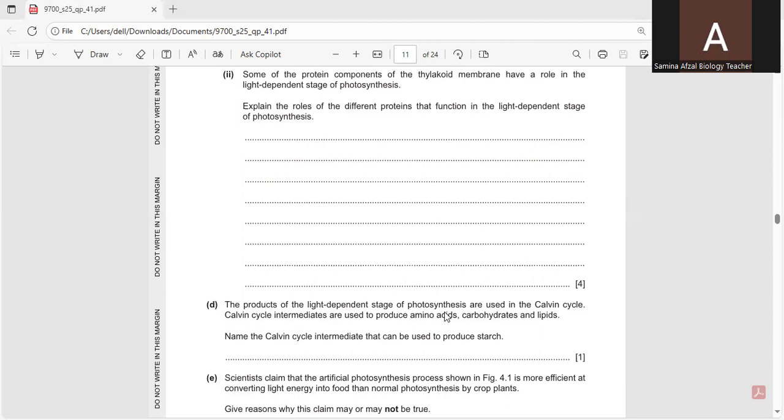So I would like to write photosystem 2. What happens during photosystem 2? The complex contains pigment binding proteins that absorb photons and funnel the energy to the reaction center. So the light harvesting complex is there. What happens during this? The proteins absorb